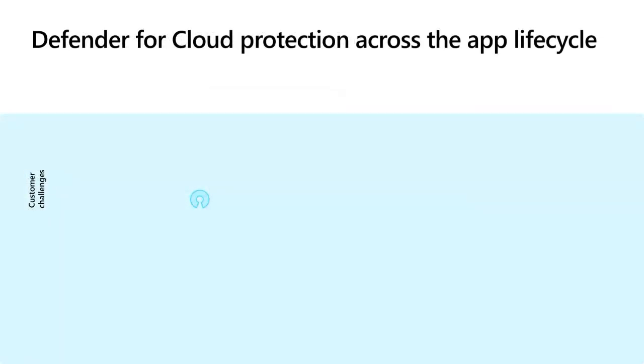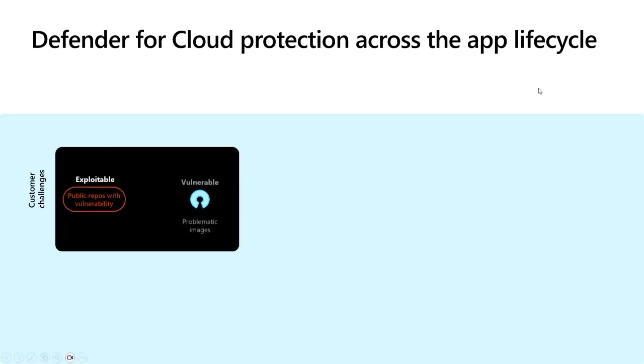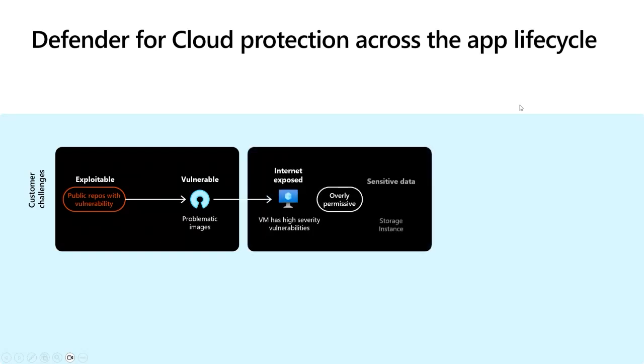Very lastly, I wanted to just show the end-to-end scenario for Defender for Cloud, embodying how Defender for Cloud has evolved into a comprehensive CNAPP platform beyond just CSPM and cloud workload protection capabilities. So let's take a scenario where I have a public repository with vulnerabilities that I'm using to push a vulnerable image. That image eventually becomes a VM that's internet exposed and has high severity vulnerabilities, as well as overly permissive